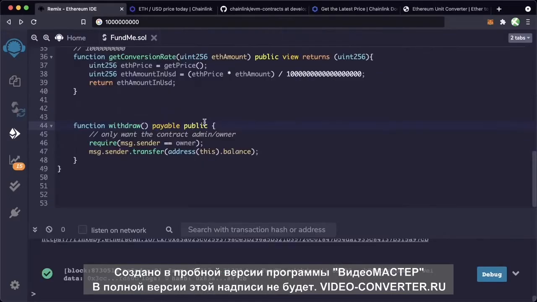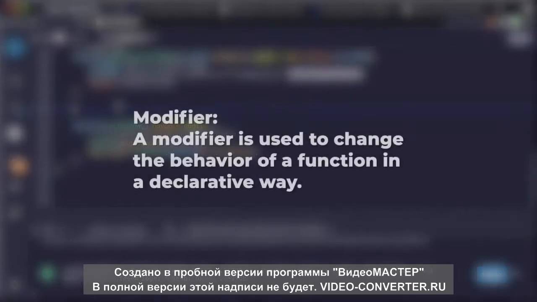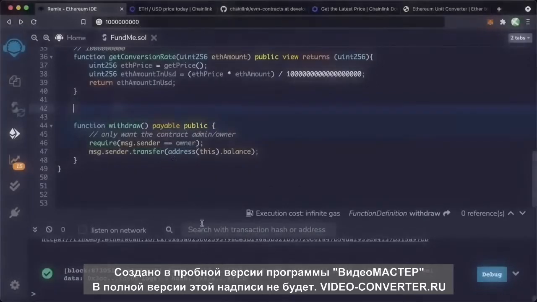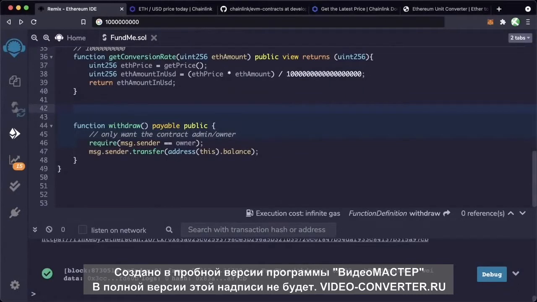We can use a modifier to write in the definition of our function, add some parameter that allows it to only be called by our admin contract. Modifiers are used to change the behavior of functions in a declarative way. Let's create our first modifier. We'll call it modifier, which is a keyword, onlyOwner,